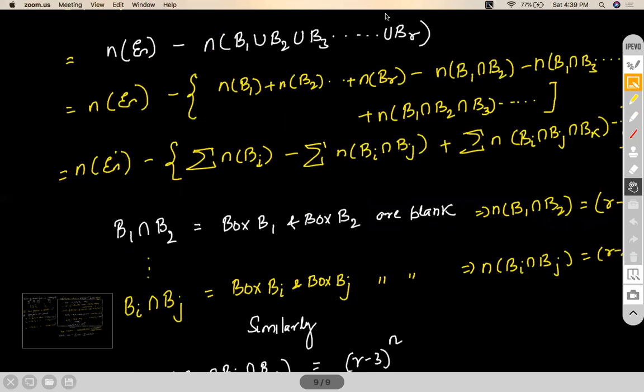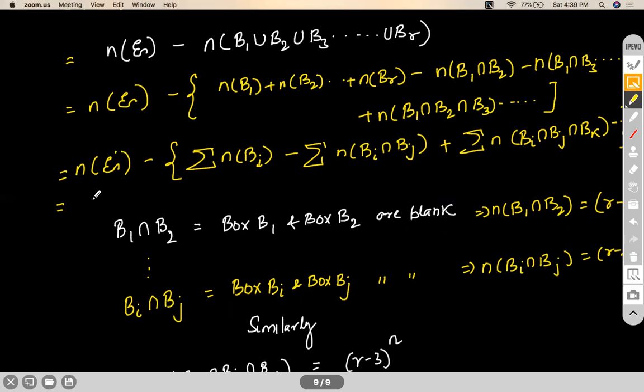Okay. Now let us fill in these values. What is the number in the universal set? That means how many ways can you distribute these objects to these r distinct boxes with no restriction? With no restriction, you will say, sir, r to the power n. That's what we had discussed when blank groups were allowed. Okay. Minus